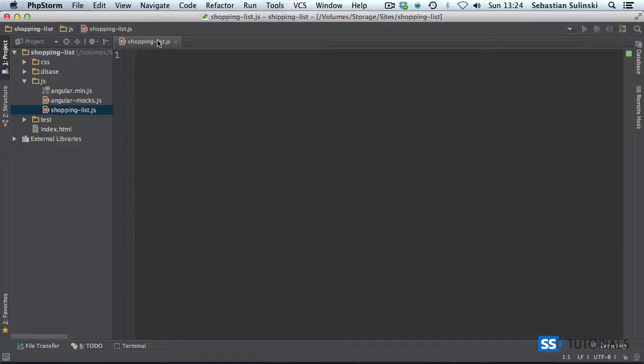If we now open shopping-list.js file, which you'll find inside of the JS directory, we're going to start with a "use strict" to tell our JavaScript engine that obviously we want to use the strict mode. Strict mode, for those who don't know, basically tells JavaScript if there's any problem, if the code isn't written in a proper way, throw the error. That's what it does basically. If we wouldn't be using strict mode, sometimes some problematic code would still succeed proceeding,